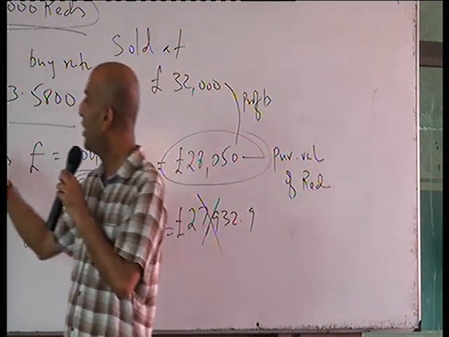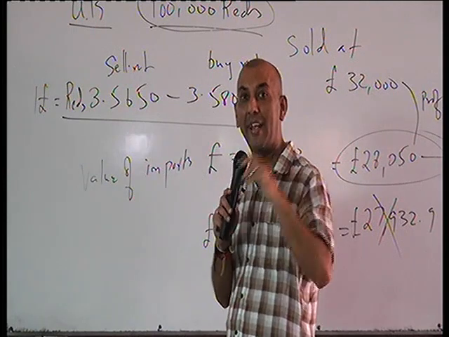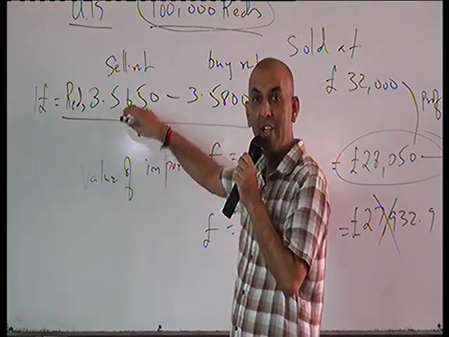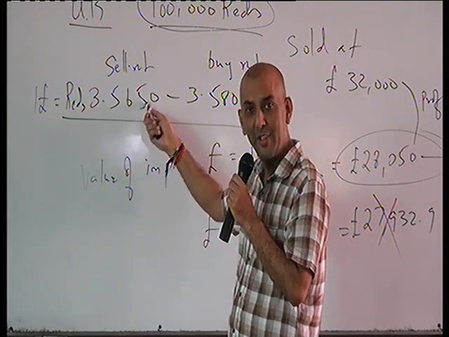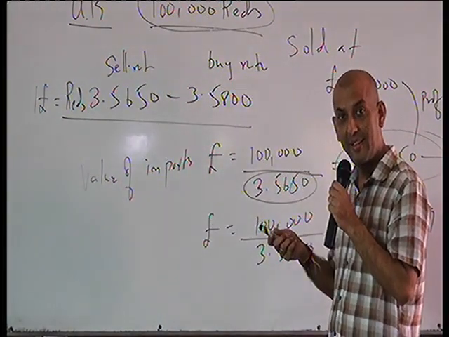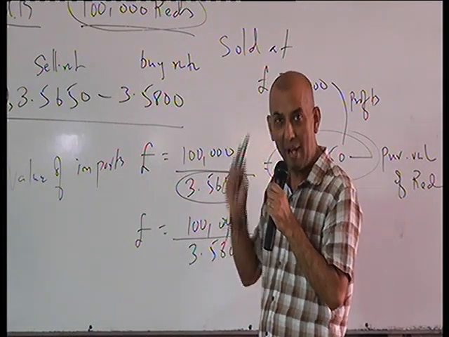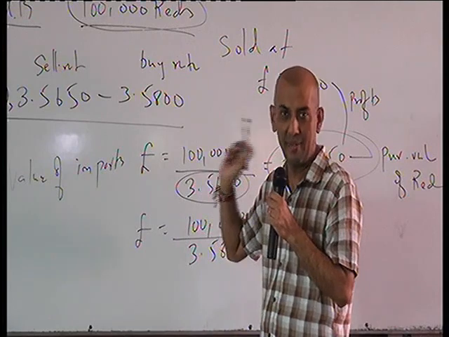28,050 is using this rate, which means you are buying at this rate. When you are buying as a customer, the bank is selling. So the bank is selling at this rate. If you want to buy, the bank is selling; if you want to sell, the bank will be buying. So the bank will be buying at this rate. So keep that in mind.